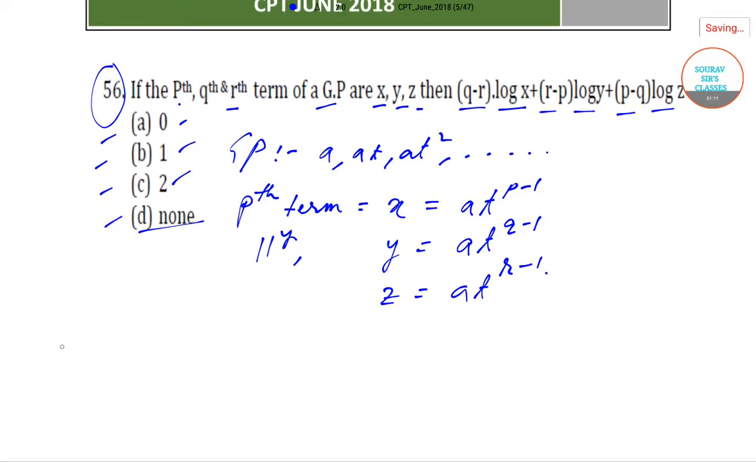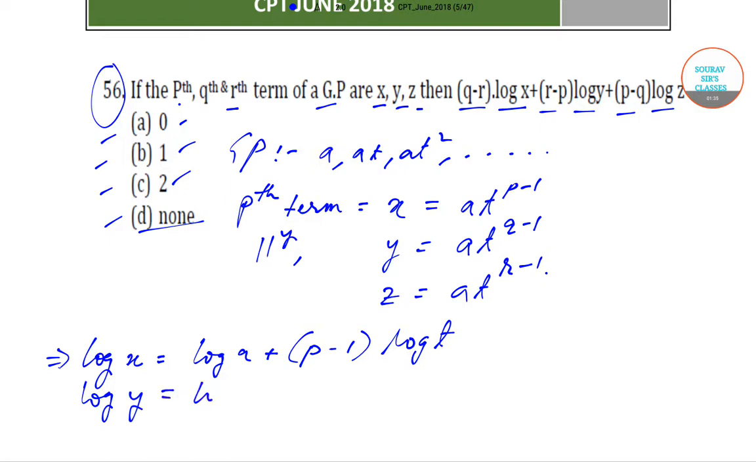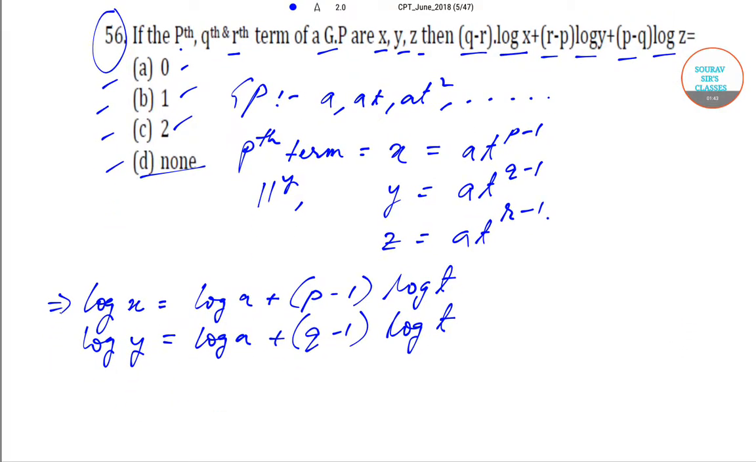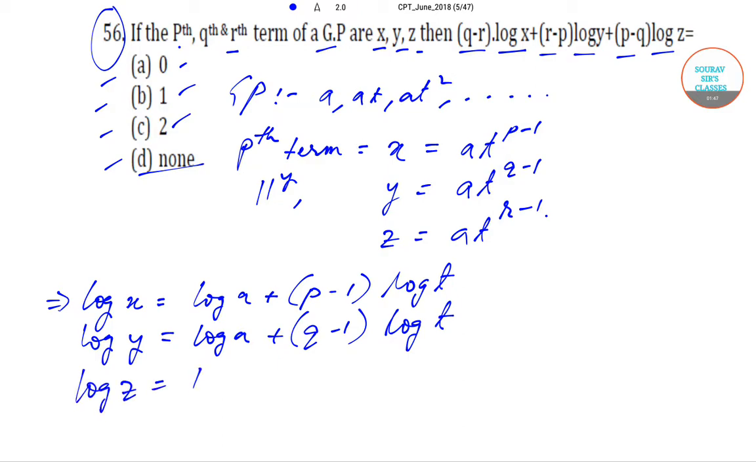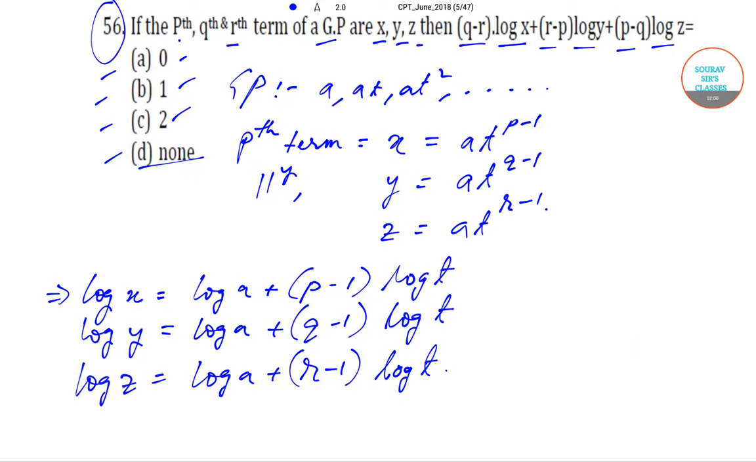Now if we take log, log of x will be equal to log of a plus p minus 1 into log of t. Similarly, log of y will be equal to log of a plus q minus 1 log of t, and log of z is equal to log of a plus r minus 1 into log of t. So these are the equations that we'll be getting. Now let us find out the value of